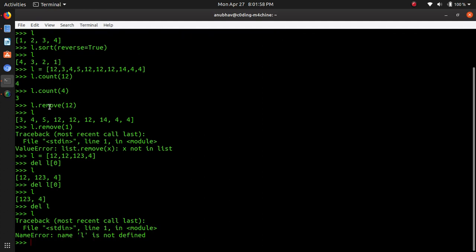And next is the remove, in which you can remove the first occurrence of that element from the list, and if the element is not there, it will throw you a value error, that is the element is not in the list. And next is the del statement, that is you can delete directly an element from the list with the help of del, mentioning the list with the index of that element that you want to delete.